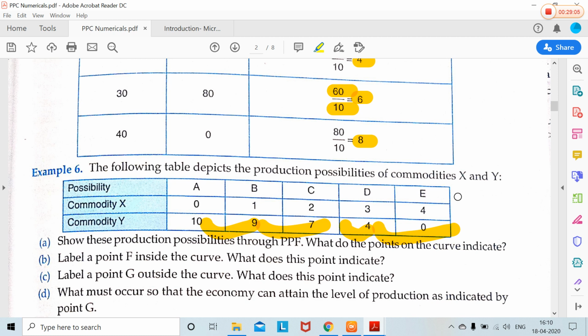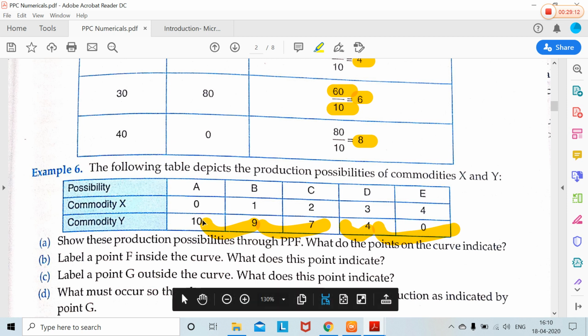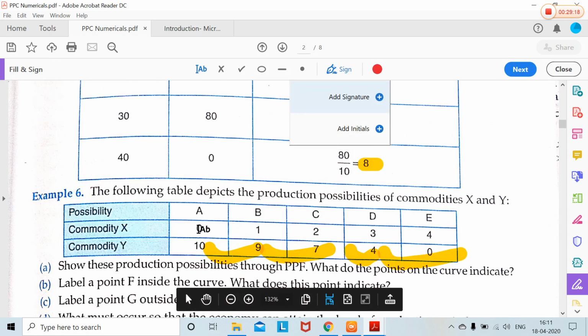So do not copy your own example from the book's example. You can start with any number. You can start with 10. Also, you can start with 100. You can start with 90. You can start with any number. Like you could have written 100 here also. That was also okay.